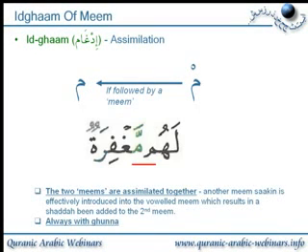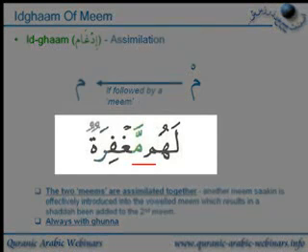Now a few notes here. The 2 mims are assimilated together. Another mim sakin is effectively introduced into the voweled mim of the next mim, which results in a shadda being added to the second mim. And it's always done with a ghunna. So what we're saying here, the second word here, maghfira, will normally not